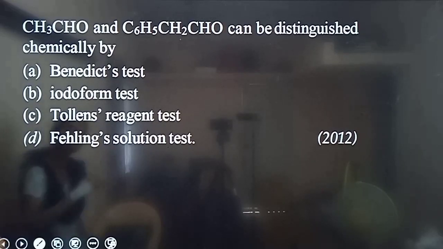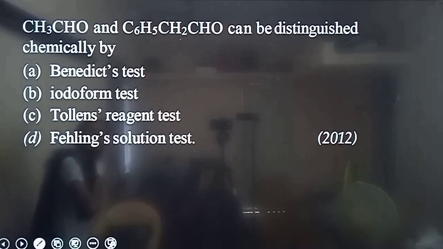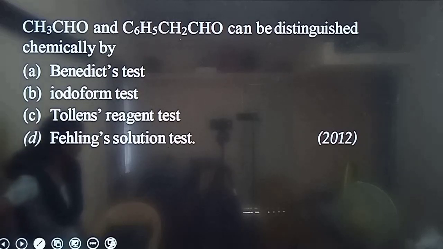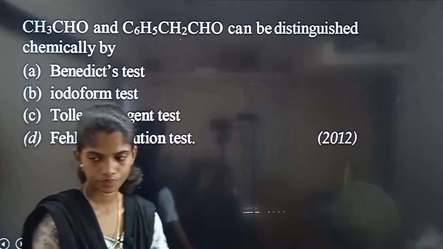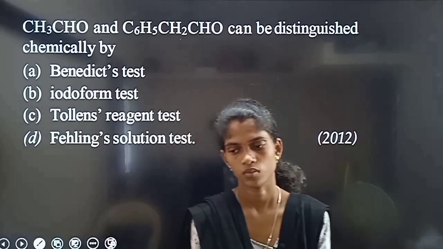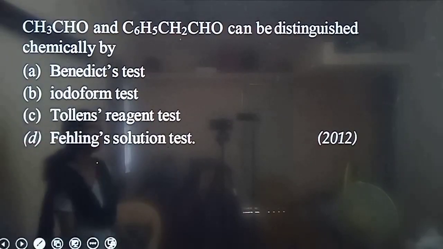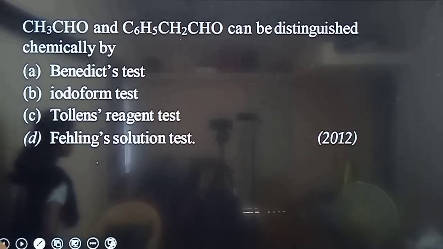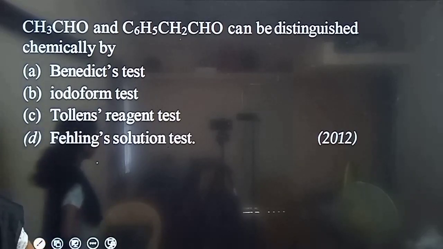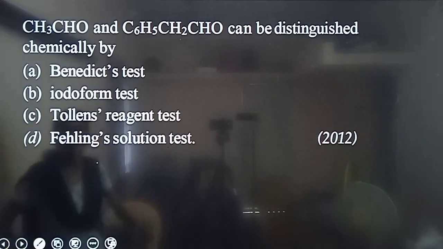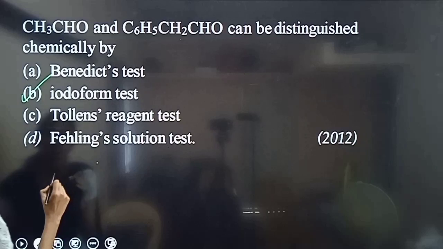Acetaldehyde and benzaldehyde. Okay, so these two are aldehydes. So இதை வந்துட்டு எப்படி distinguish பண்ணலாம்? Distinguished chemically by option A Benedict's test, option B iodoform test, C tollens test, and D Fehling solution test. Okay, the correct option is iodoform test because